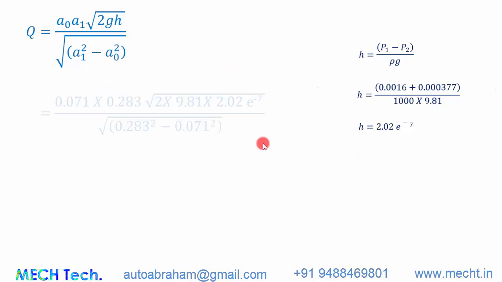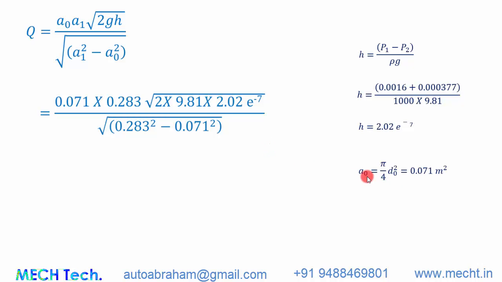A0 and A1 are the areas, pi by 4 d naught square is the orifice diameter and the pipe diameter. Let's substitute the area values and also the head loss value that we have calculated, and this theoretical equation gives us a value of 1.46 × 10^-4 meter cube